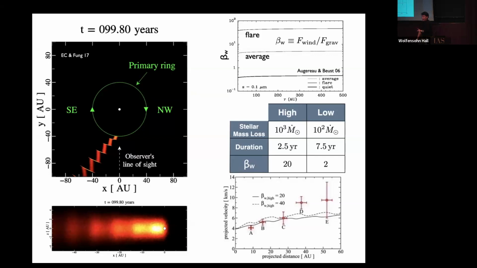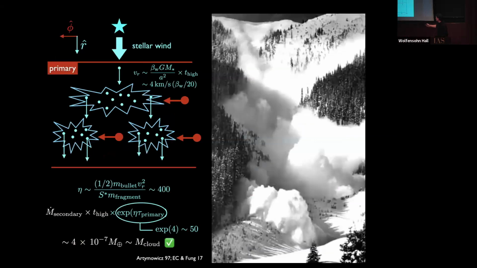What's not clear, right, is that all this flaring activity is on hour, I think, or day time scales. What we're saying is that there's a long-term modulation. That's the part that I'm rather uncertain about. But it works. The velocities are so large that there's actually an avalanche of dust. This I thought was kind of neat. You accelerate these grains to super kilometer per second velocities, so fast, they have so much energy that when you collide with another grain, you don't just shatter into 2, you shatter into hundreds of bits. And so you have these showers of grains. It's just like an avalanche.